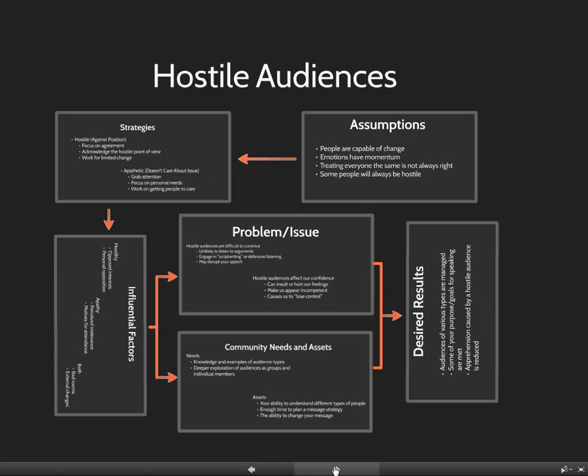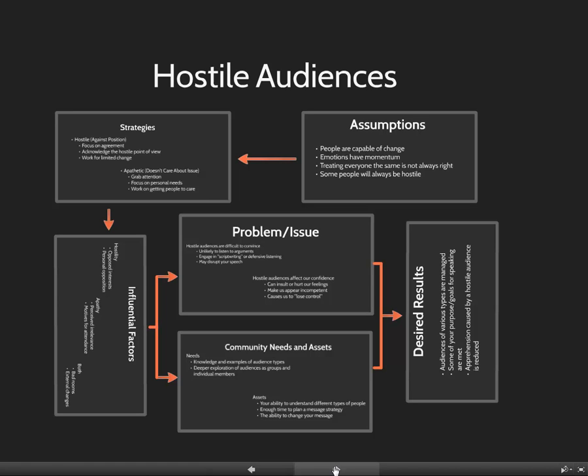With all of these factors in mind, we have some strategies to help you manage a hostile audience. When we think about hostile audiences or apathetic audiences, we want to go back to that how to teach people things. And remember that not everyone shows up engaged. Not every audience member is going to be won over. You don't need to treat them all the same. But if you're able to engage with the audience, you're not assuming too much. You believe they're capable of some kind of change. You focus on those areas of agreement, grab their attention, focus on their personal needs, you're more likely to be successful.